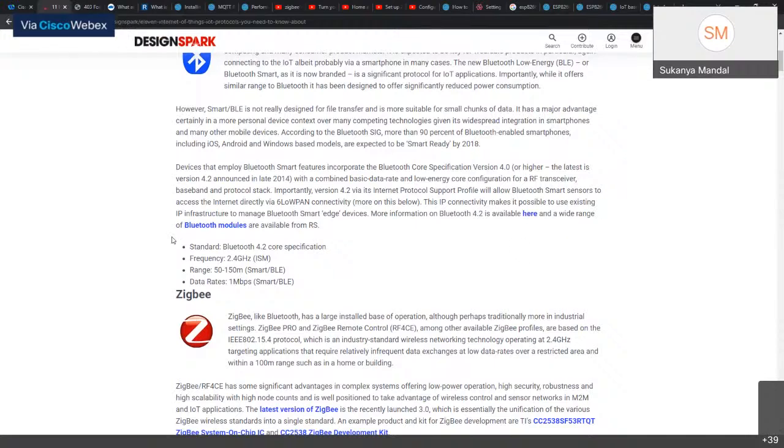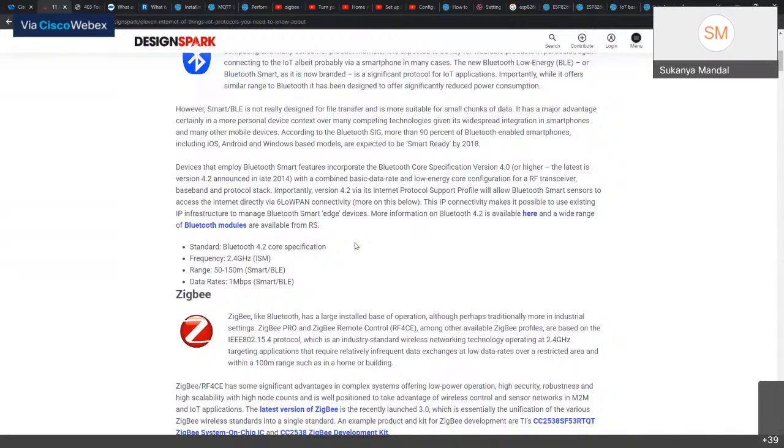Anyway, this is not accessible. And a wide range of Bluetooth modules are also available. So essentially at the tinkering level, that means for prototyping purposes, we use modules like HC05 with Arduino, or HM10. These modules are typically used with Arduino. When it comes to NodeMCU, that means ESP8266 modules, that has Bluetooth and Wi-Fi inbuilt. Same goes for Raspberry Pi, that has Bluetooth and Wi-Fi inbuilt.